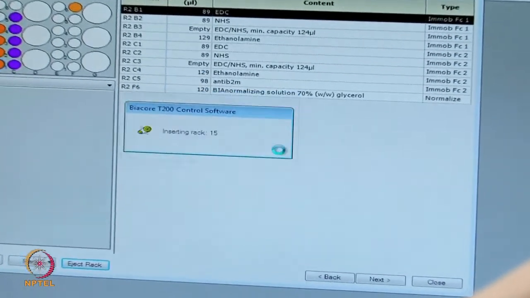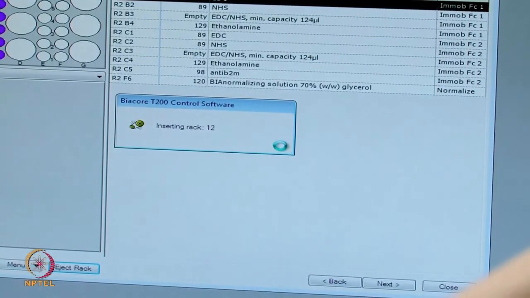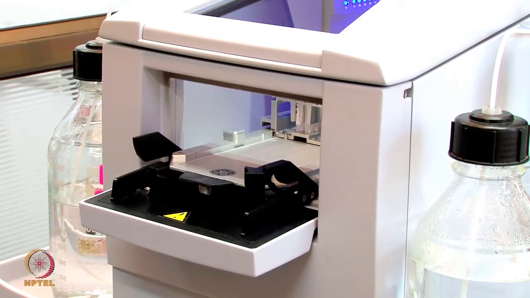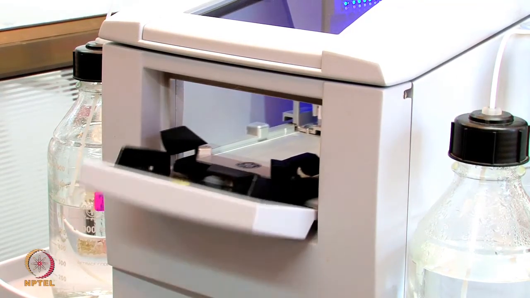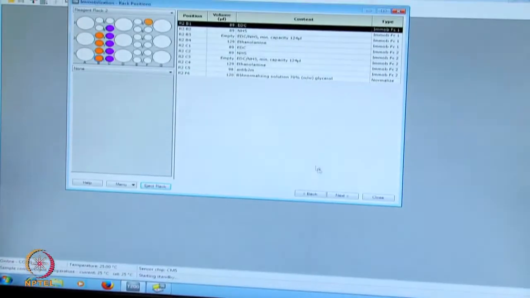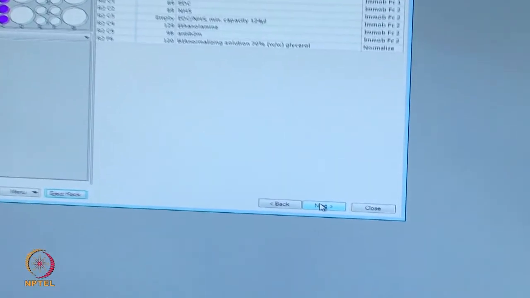Close the compartment. We go to the next tab.